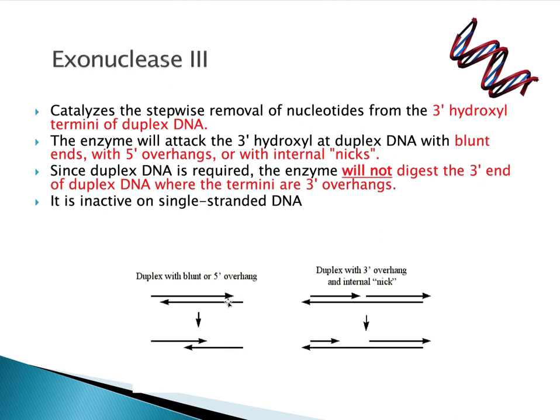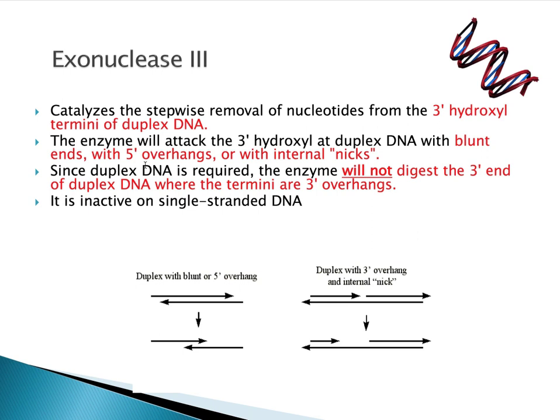Okay, now the next one is exonuclease 3. I like exonuclease 3 because it removes nucleotides from the 3' hydroxyl end. What's good about it is you can time it, so it's a very stepwise removal. It actually has a table. You could say for 10 minutes it removes that much, for 20 minutes it removes that much. Could be very handy if you want to chop back the 3' hydroxyl end of your DNA and you want to know how much to chop it back. Okay,